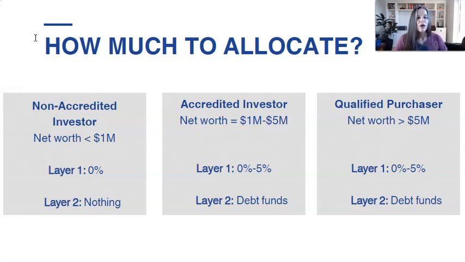That's a good opportunity. With that said, now let's talk about how much we should allocate to debt alternatives. I fully recognize there are a lot of really smart people who like to invest in this space. A lot of savvy investors I know won't touch traditional fixed income because they know it doesn't make sense, but they do like debt alternatives. They like to have a small portion of their portfolio in them. They like the steady stream of income. It's really kind of a psychological thing, where with debt alternatives you can expect that 10% or whatever return to hit your bank account every month or so. So people like that. They think it's good for asset preservation.